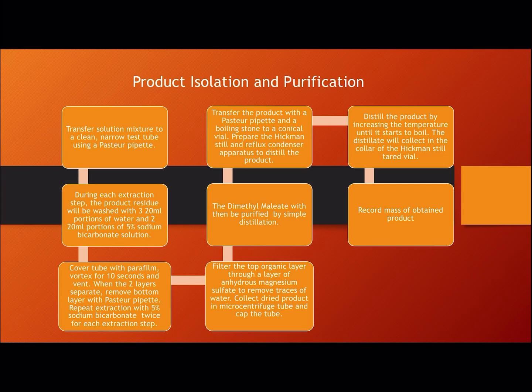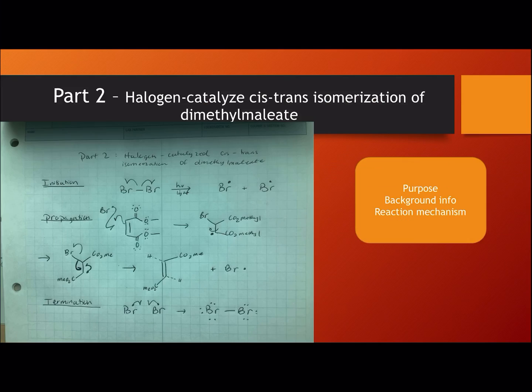This is followed by a Fischer esterification reaction to get our product, the dimethyl ester, which is the dimethylmaleate. Okay, now we can move on into the second part, the halogen catalyzed cis-trans isomerization to get the fumarate